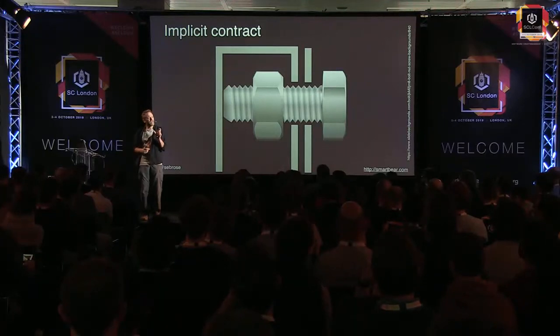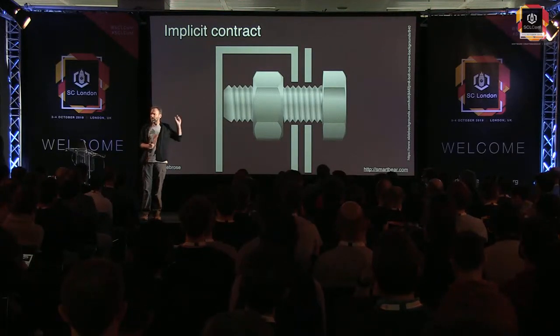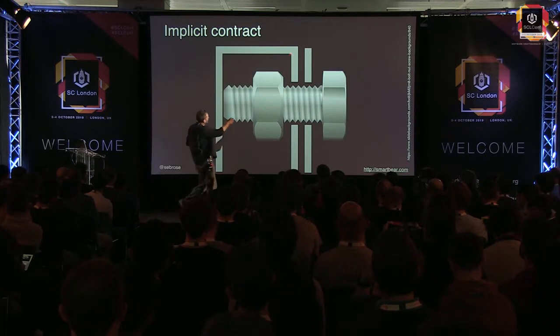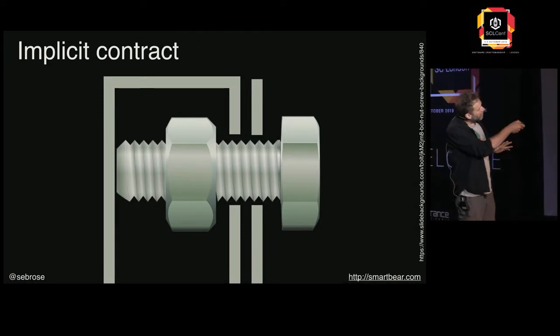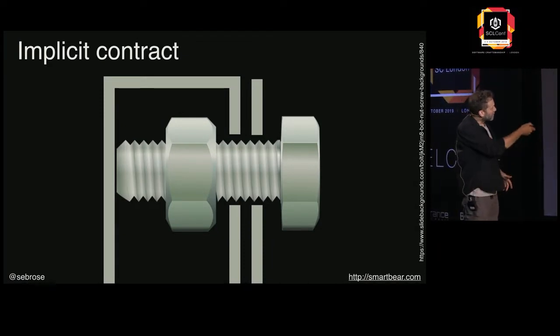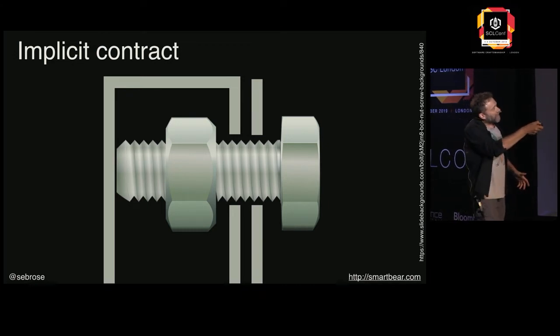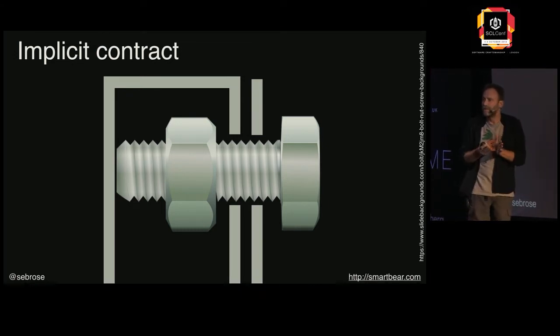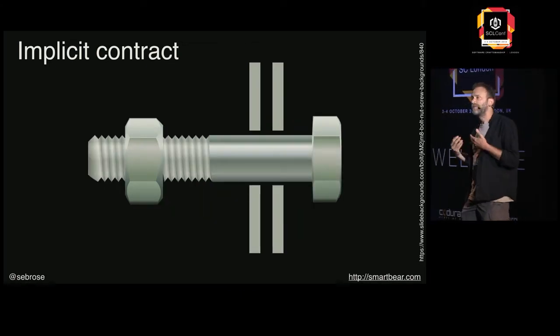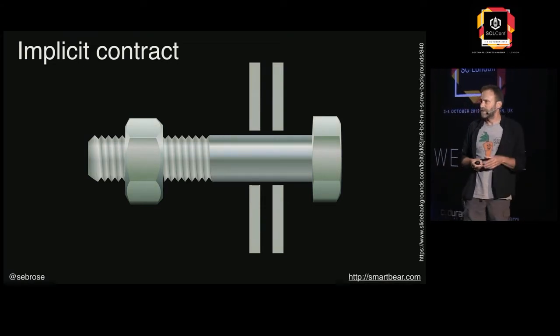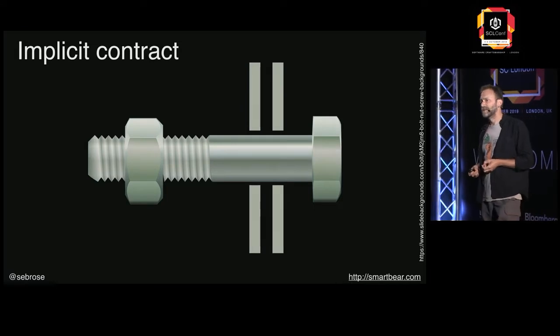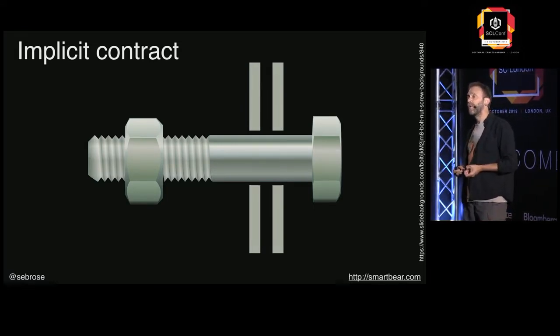However, there are a number of implicit contracts also. For instance, the length of the bolt. In a particular context, this won't work. These two pieces of metal here, the intention is to hold them together with this bolt. But because the bolt is stopped by its length here, that will never get tight, and therefore it will never be pulled together. Equally, if you've got a bolt with a shank on it, then you'll never get those two pieces of metal to clamp together either. These are implicit contracts.